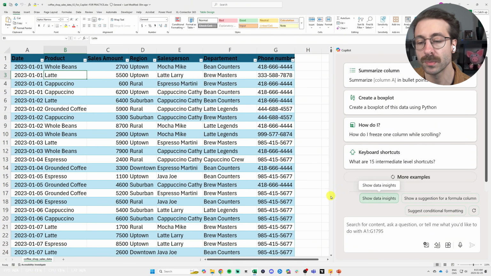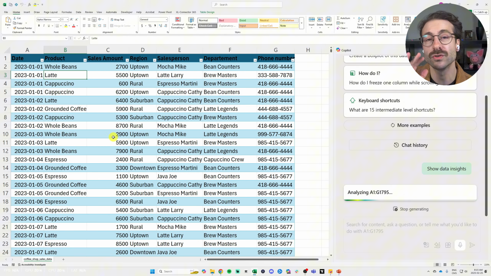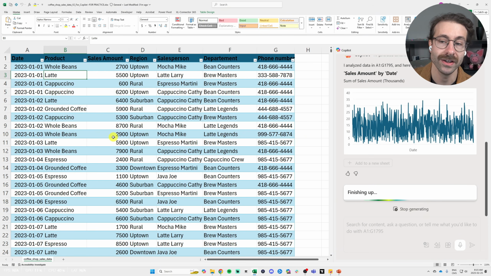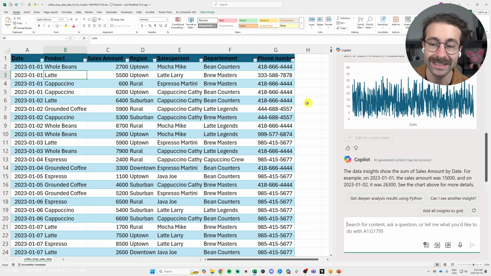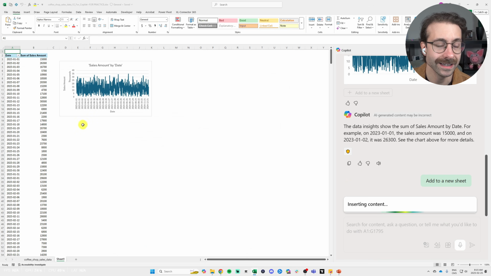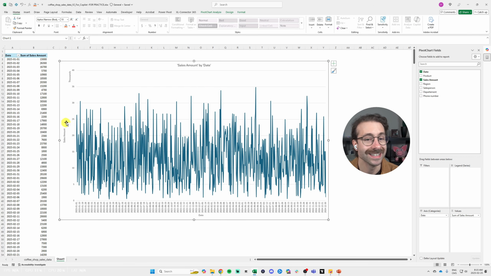I'll just use the pre-built prompt right here, show data insights. Click on this. It says working on it, understanding your data. And again, I have 2,000 lines of data here, guys, 2 years of sales. And here we go. Copilot actually started doing the sales amount by date, which is a pivot chart. I don't know if some of you know a pivot chart, but then I will just go click here, add to a new sheet. I click, and it opens a new sheet with this chart right here, sales amount by